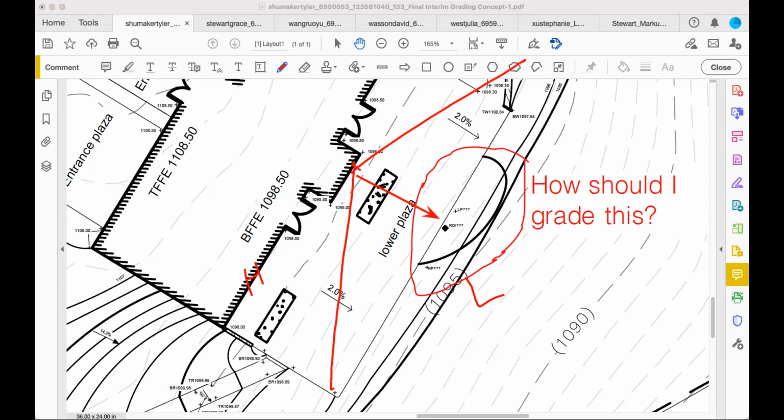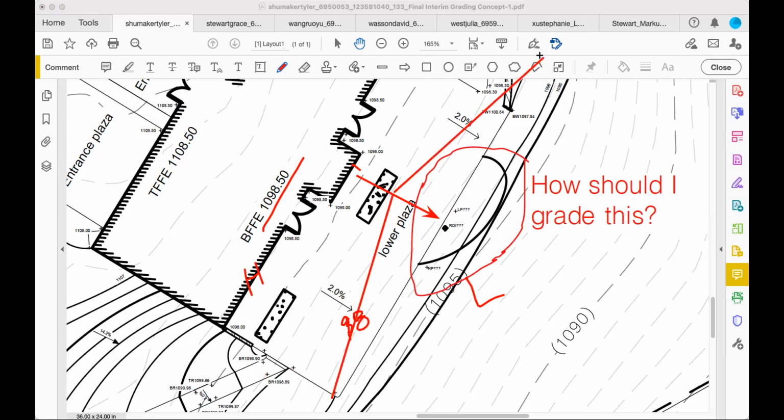You can make it, so that is 1098.5. That would be 598. And we can make it very gentle by doing this. That's my 98. Does that make sense? That forms a very, very gentle plaza swell that helps you